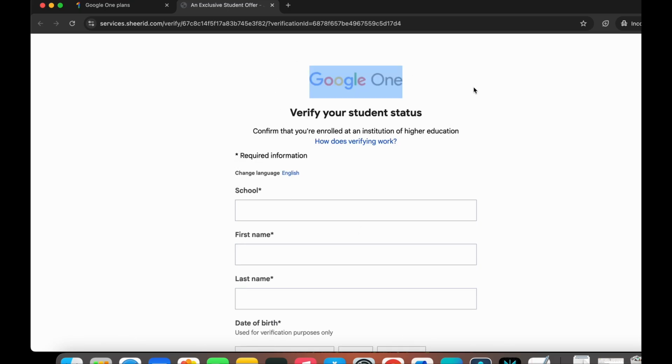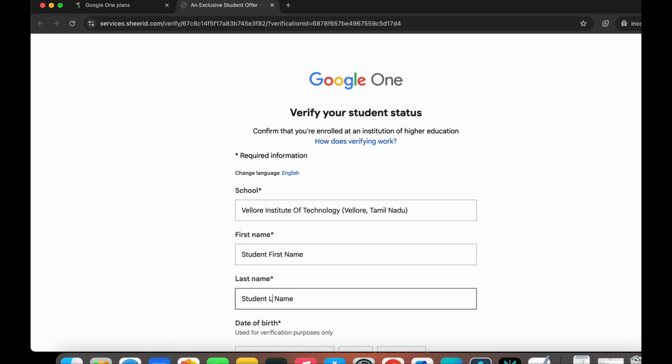Enter your school, that is your college name, or if you are a school-going student, your school, and the student name. Then click on the first name, enter the first name of the student, whatever it says on your student ID card, because it would be needed in the further step. Enter your last name,